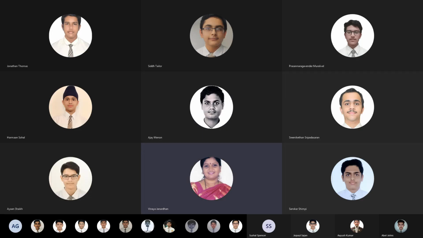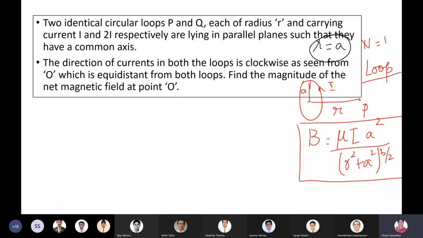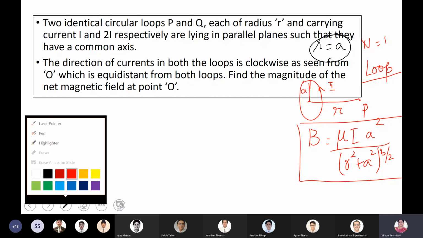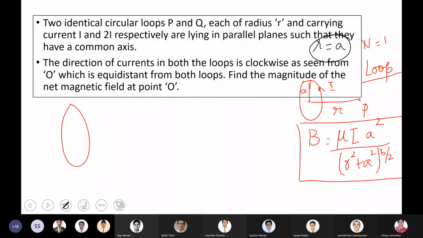Fine. So this is the formula. Now look at the question. Two identical circular loops, P and Q. You have two loops, P and Q, each of radius R. The value of A in this formula now turns out to be R, and they are carrying a current of I